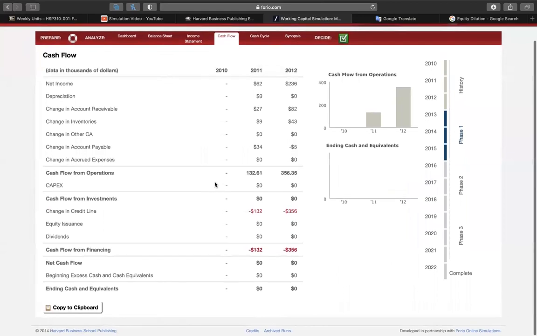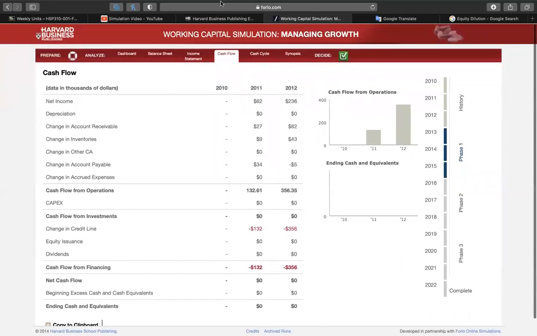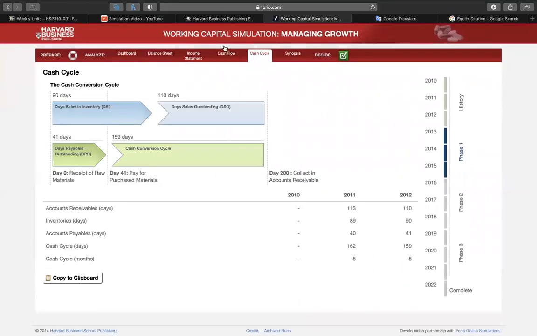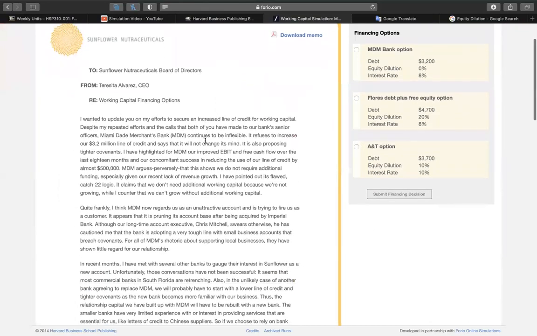On the cash flow statement, we see the problem in the credit line. You know, the company has struggled to finance the payroll. So see this cash cycle here. Okay, this time is the decision. So it's basically